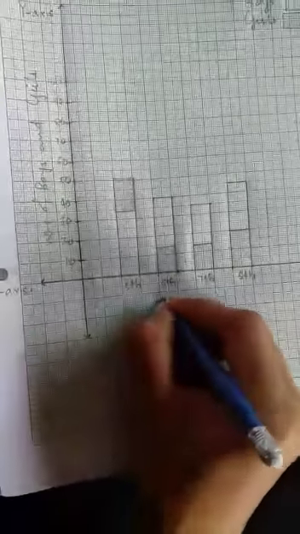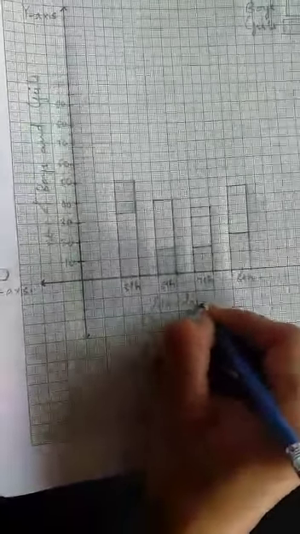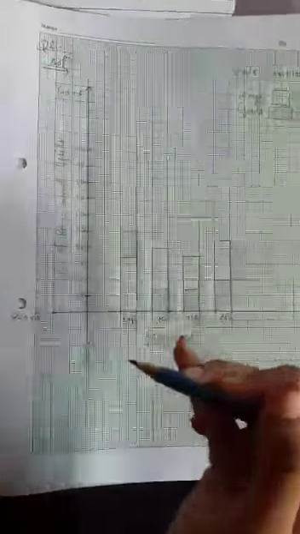These are the standards, that you have to write standard below this. Hope you understand this. What we have done in this, we have prepared x-axis and y-axis. This is x-axis. On this we have taken the standards, and y-axis, which is exactly perpendicular onto the x-axis. On this we have read the number of the boys and girls, and this is our scale. By using this, we have prepared this subdivided bar diagram. So this is the solution for question number 2. Hope you understand this. Try to solve this solution in your notebook.